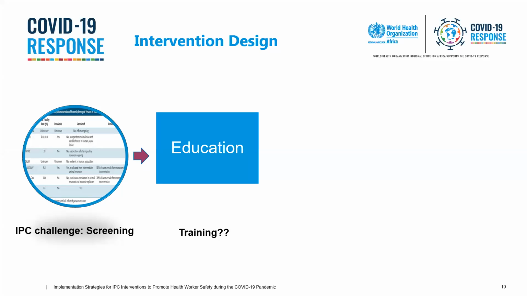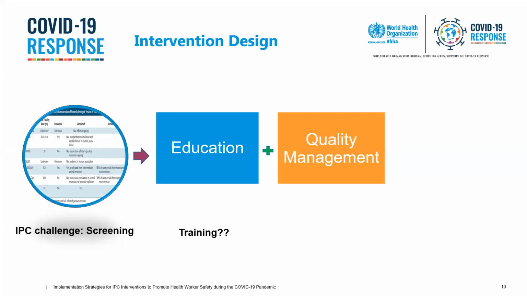Then we decided, how are we going to educate them? What specifically are we going to talk about? So we had to think about, do we want to do a training? Do we want to show them the screening form that we're going to use and do a demonstration? How do we want to promote these strategies? Then we had to decide, how are we going to make sure that our actual challenge is being addressed? So then we decided, how are we going to monitor? How are we going to evaluate that screening is actually happening?